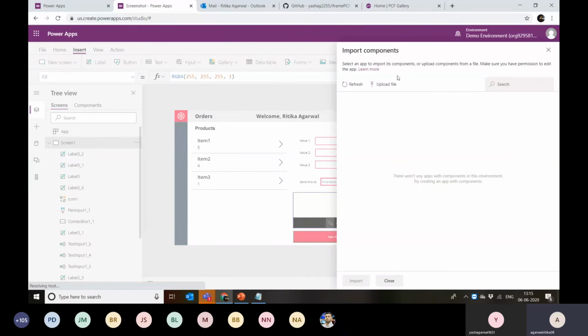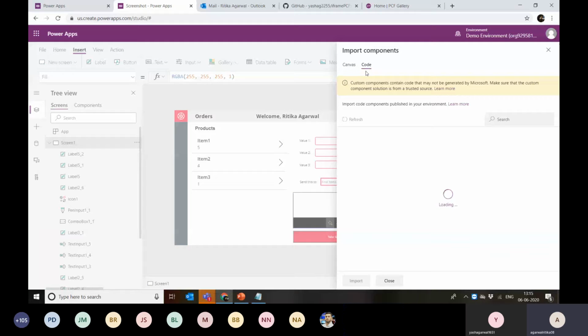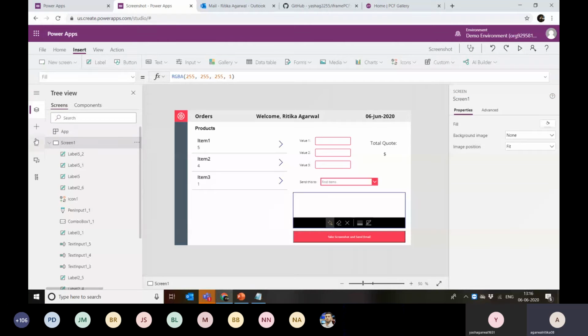This one is already imported, but we can see how to import the component when that is pushed to our environment. Here is a code tab, and we can see all the different components pushed to the environment. We have a screenshot, an export to Excel control, and an auto address control, which is for model-driven apps. Similarly, we can add multiple components here and add them to your apps.